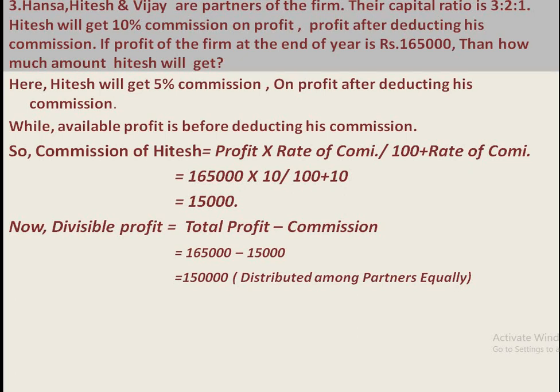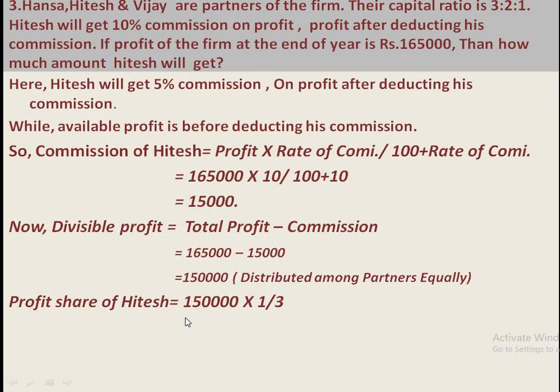Why equally? Very first I said, here 3:2:1 is given, but read it carefully again in the question. It is the capital ratio. And guys, listen to me, capital ratio is never used to share profit or loss. Yes, if it were clarified that they distribute profit in capital ratio, then we could. But it is not said. And if I do not have any information regarding the profit sharing ratio, as per the rules of the Partnership Act 1932, profit of the firm is distributed among the partners equally.